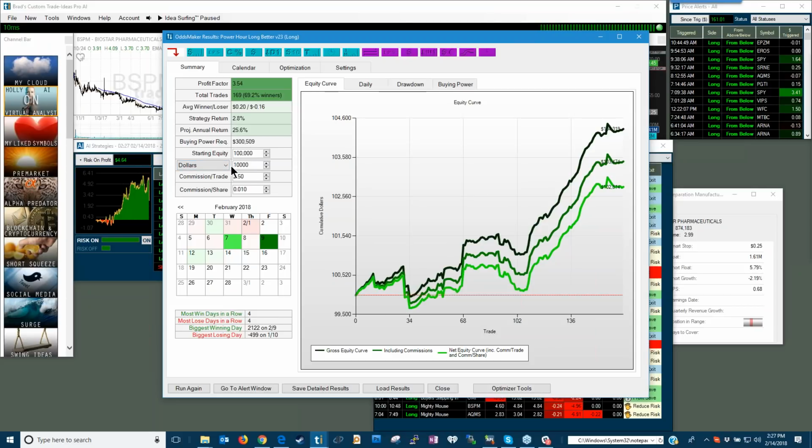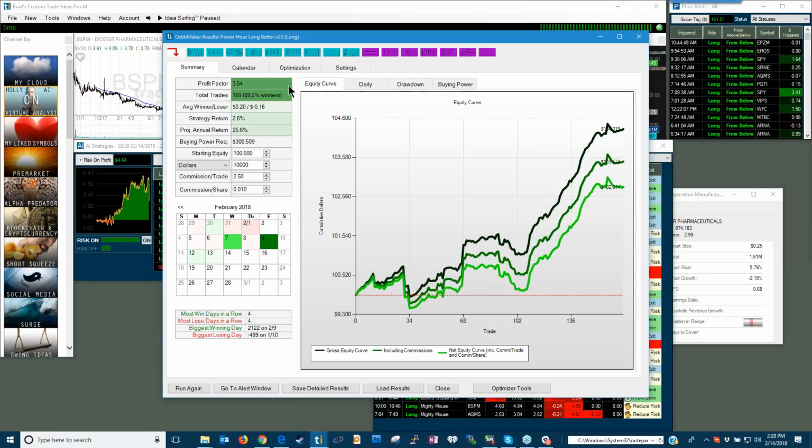Do you want to trade it on a dollar value, $10,000 increments for every trade, or 200 shares for every trade? You can make that determination, put in a commission per share. We used to call it slippage, and it can be considered that. There's another way to do it from a commission structure. So you put these hypotheticals in here, and it lets you know that with this strategy, trading $10,000 increments, I could do this with 3-to-1 margin. If I had a 4-to-1 margin account, I could trade this without a problem. Equity curve lets me know how I would do had I traded every single instance of a signal that was